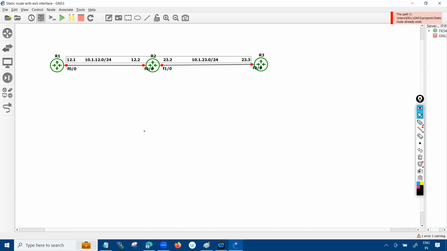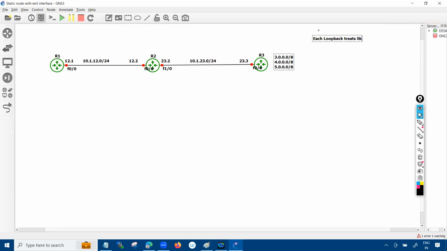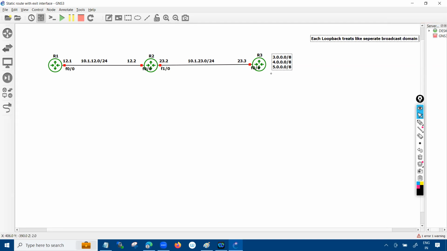So you can see that this is the subnet we have between router 1 and router 2, and between router 2 and router 3, we have 23. Behind R3, I have some loopbacks, right? Behind R3, I have some loopbacks. Each loopback is treated like a separate broadcast domain. So you can assume that,